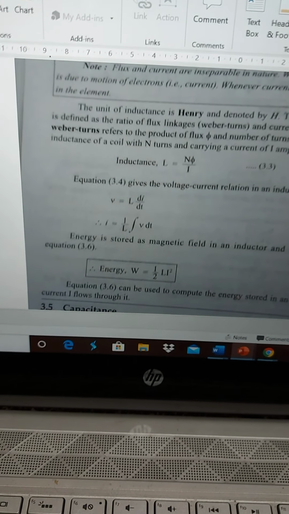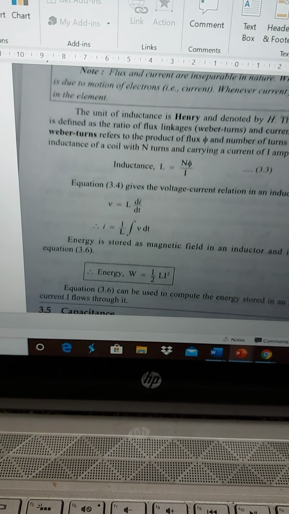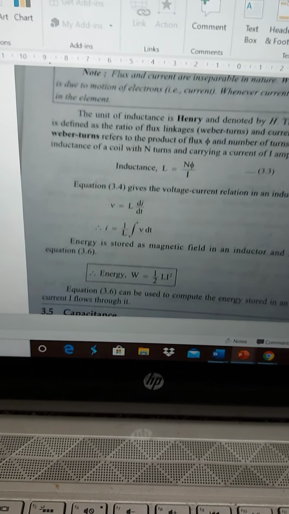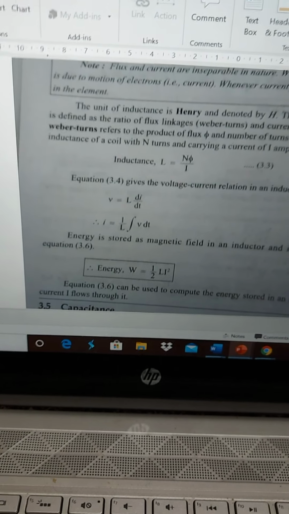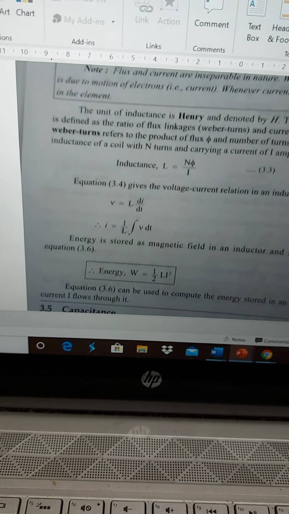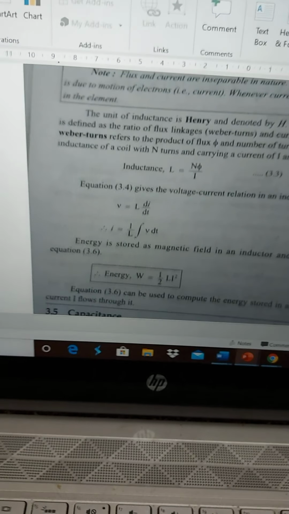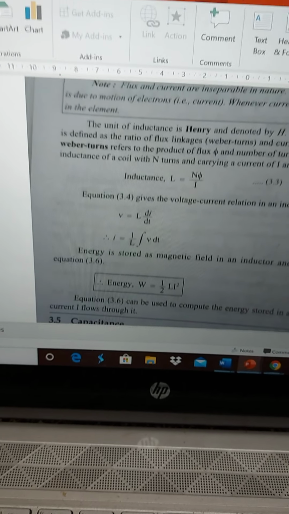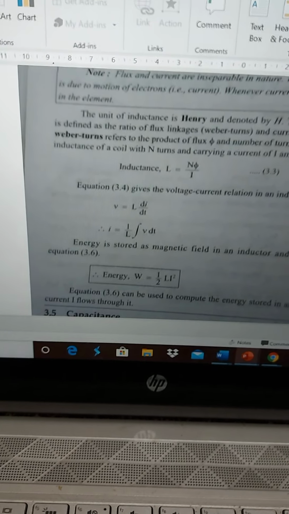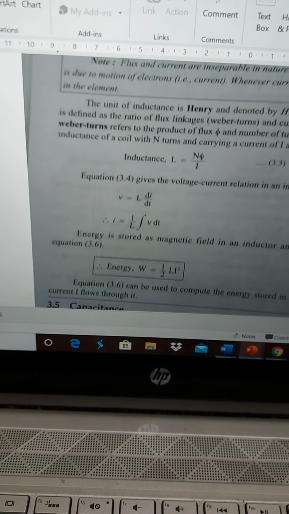When you have a coil with only one turn, and when there is a current passing through the coil, there will be a flux linked with the coil, or I can also call it an EMF induced into the coil. EMF is electromotive force. The other name of EMF is voltage, which opposes the flow of current.